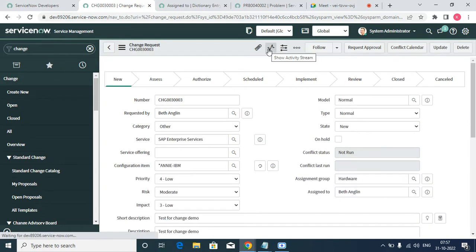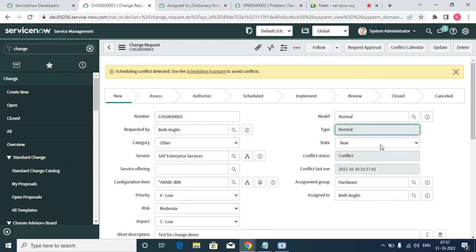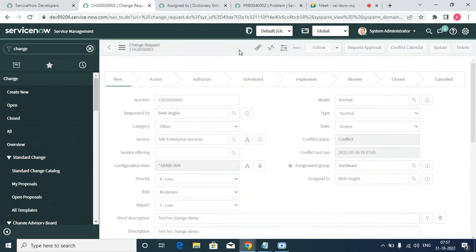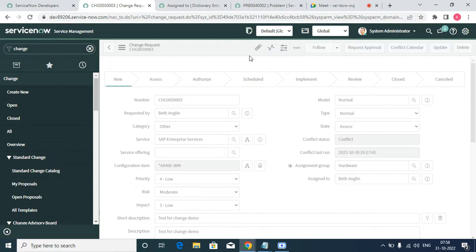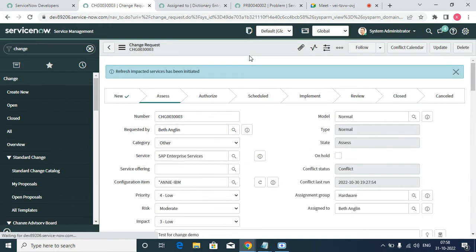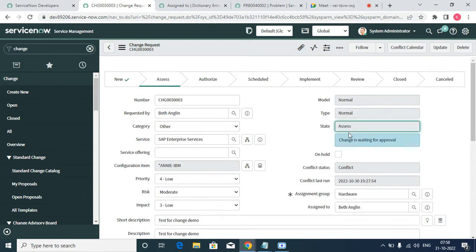Right now the state was in New. If you click on request approval, or if you change the state to the next one, Assess, then it will trigger an approval. See, right now the change state has changed to Assess, and the change is waiting for approval. And if you go to the approval,